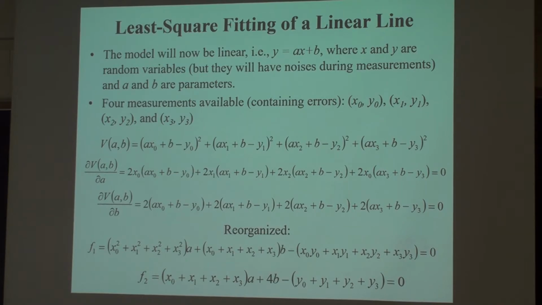Okay, what's F1 and F2 again? F2 is coming from taking the derivative with respect to B. From here to here is only reorganized to illustrate the point. I didn't do anything. You can stop at, so I want to make this 0 and this 0. This is F1, this is F2. I didn't touch anything else.